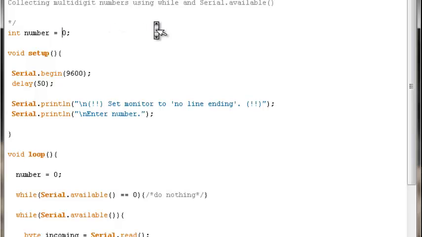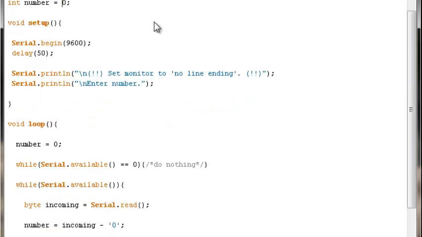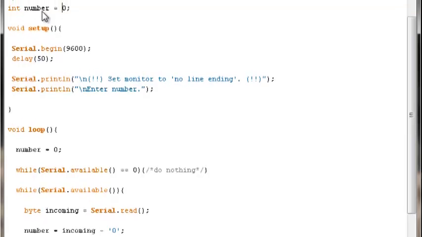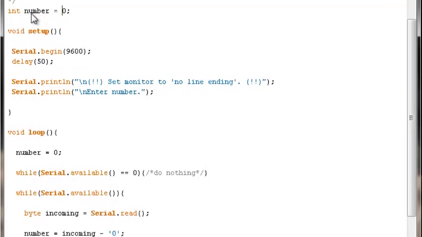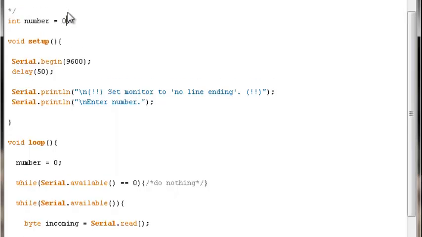Well, the first thing we can do is a brief review of what's going on in this particular code. There is a variable named number of the integer type that's assigned the value of 0. It doesn't have to be assigned the value of 0. It could just be declared here rather than have an assignment. The code will still work, but it's always nice